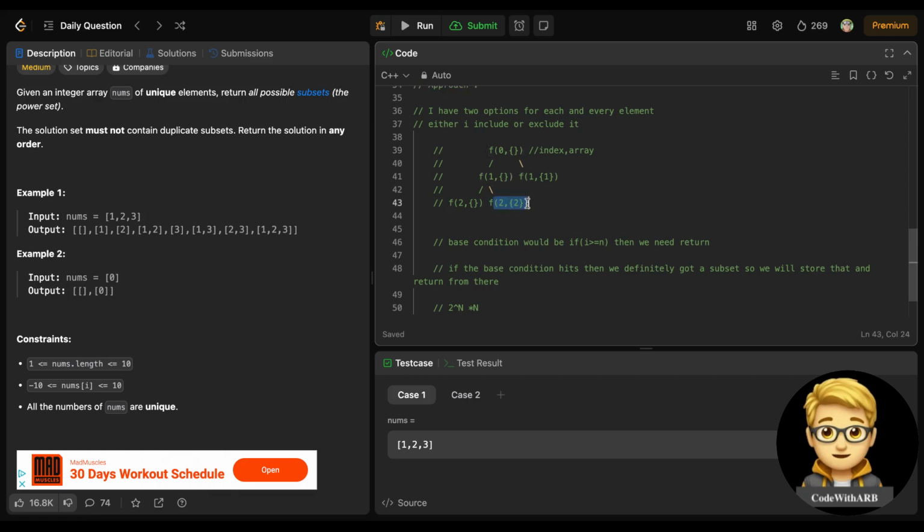Suppose f22 is here, and when I go to this f22 and try to include or exclude this, I have two options. Either I can include this at the second index, 0 1 2, or exclude this.